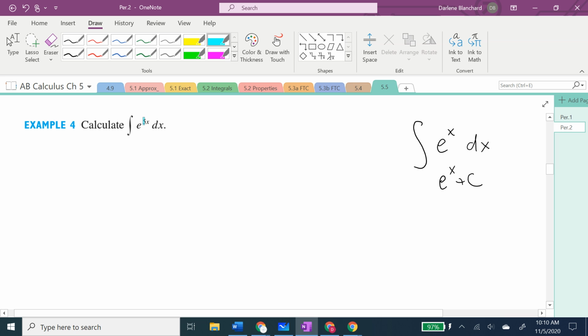But I have an exponent that is not just the variable. Sometimes your u substitution is just a constant times your variable, and that happens a lot. So much so that in the future, some of you are going to be quickly doing these u substitutions. In a couple of weeks or a month, I expect that a lot of you are going to look at this and be able to spit it out and write it down without even needing to show any work. For now, though,